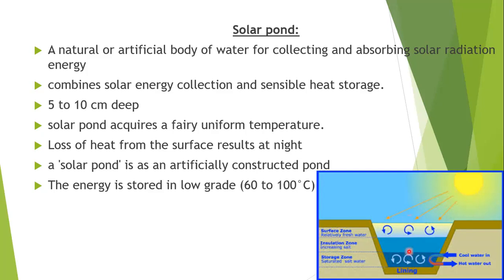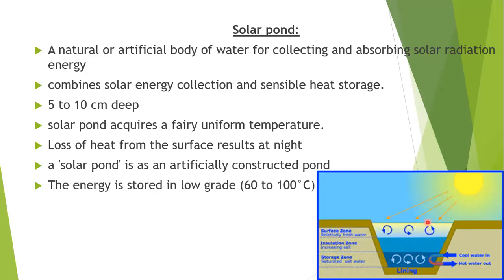Because of the salt content we are taking at the bottom, the solar pond bottom water is denser. It is heavier than the cool fresh water at the top. As it is denser at the bottom, it cannot rise upwards. So bottom water will stay at the bottom and fresh water will stay on top. So a relatively stable layer of heated salt water is produced at the bottom, with a lighter layer of cooler water on top. This cooler water acts as a heat insulator above it.